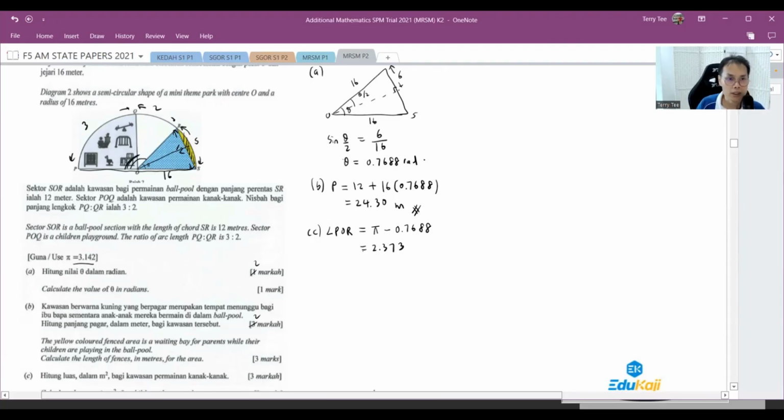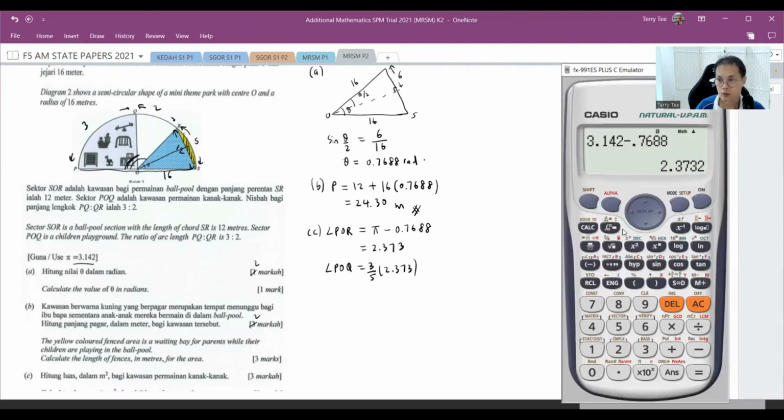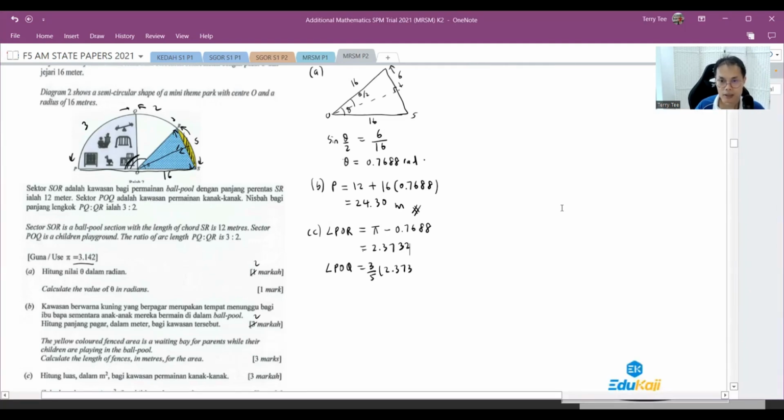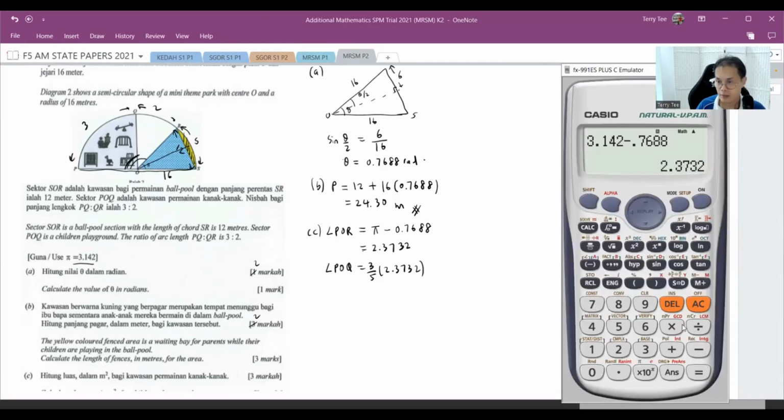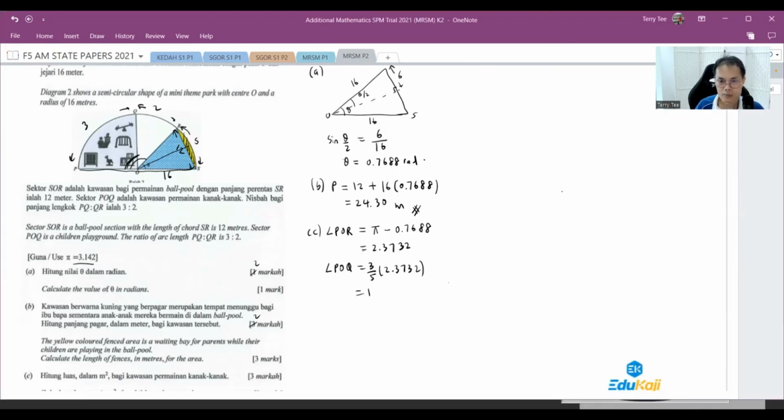Well, POQ is 3/5 of 2.373. You can actually write one extra decimal point here to make it more accurate if you like. Then take this, multiply by 3/5, and this angle is 1.4239. Yeah, 1.424 is good enough actually. But if you want 1.4239, that will be angle POQ, because we need this angle to be able to find the area of